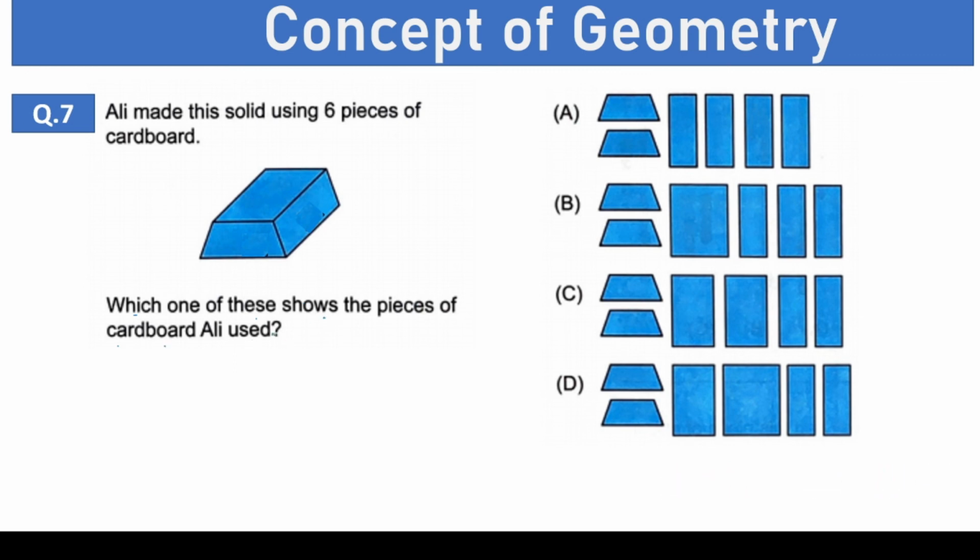Well, look carefully. In this case, if you notice, this is a trapezium. That means the rectangle on top will be smaller than the rectangle below. So that means which image has a smaller and bigger rectangle? It is these two. Let's consider this. However, the other sides would be the same. So this side and this side would be the same, which is correct here, and the front and back side would be of this shape, which is indicated here.